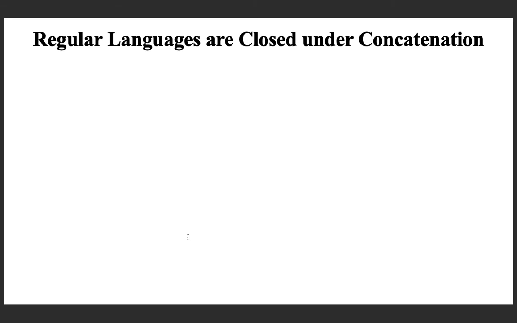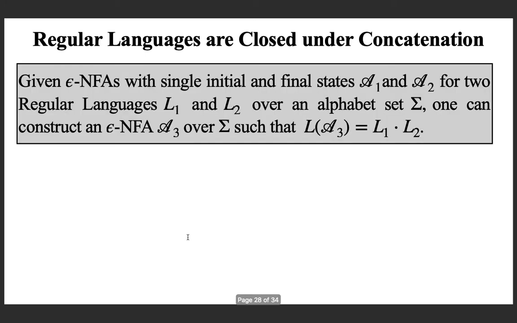Here the proof is easy. We can first have the claim. Given epsilon NFAs for L1 and L2, I am assuming that the given languages are regular, which means that, without loss of generality, we can assume that there exists an NFA with epsilon transitions for each of the languages L1 and L2. And if you recall, we learned that we can obtain an epsilon NFA with a single initial